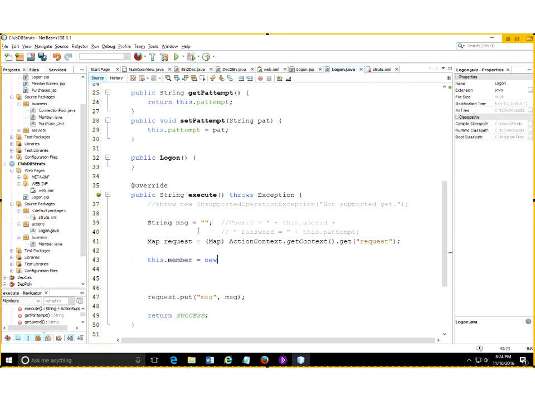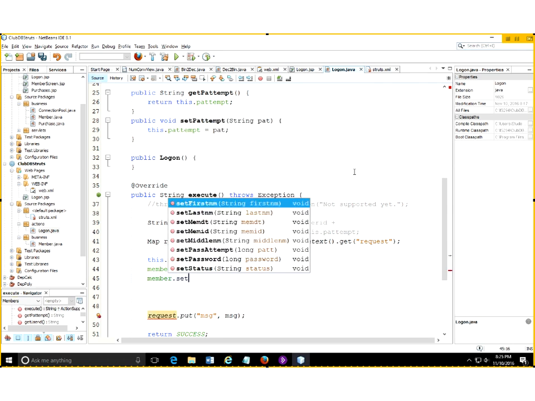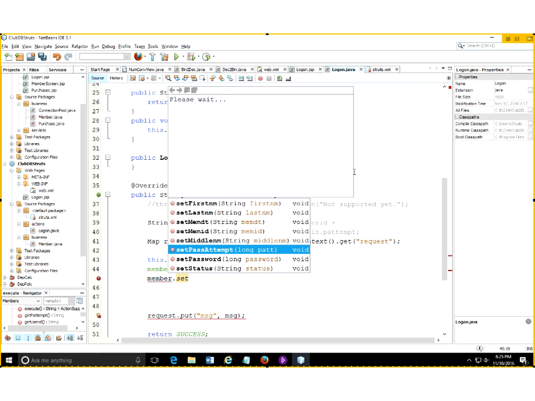So this dot member, the global, will be a new member, and I will then set the ID and the password attempt. So I'm going to do a member set mem ID, and we'll set user ID. I guess it didn't care about the keyword this, did it? Okay, so user ID goes in as the member ID,